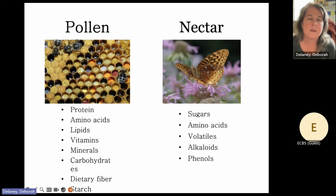And just like our honeybees, just like many other insects, these native bees need pollen and nectar. They actually require both of these things in order to make a future generation. And we know that pollen has so many wonderful things in it. But really, when we think about pollen, we're thinking protein, amino acids, vitamins, minerals, and lipids and fats,